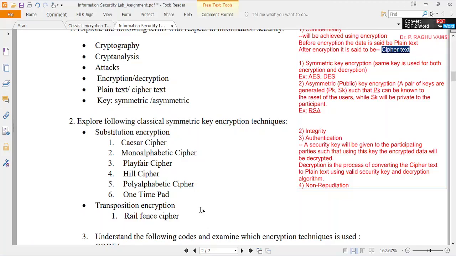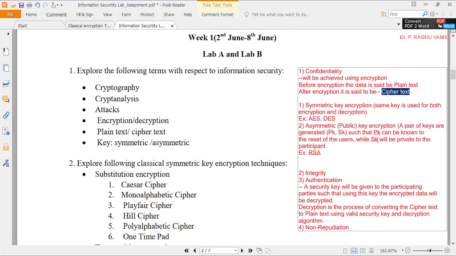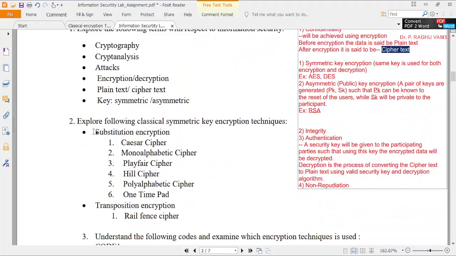So as part of this lab, in the first week, you are going to see these algorithms, which are called substitution encryption and transposition encryption. And before moving on to this, first of all, how will we do this particular encryption? We may use the keys, the symmetric keys, asymmetric keys, or you may use substitution encryption or transposition encryption. In these ways, you are supposed to do this particular algorithm.